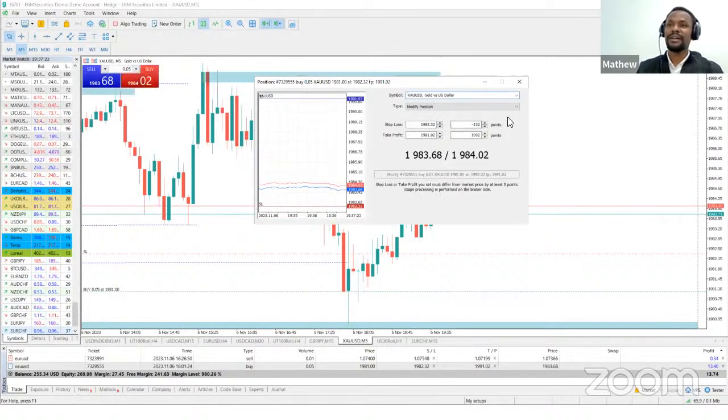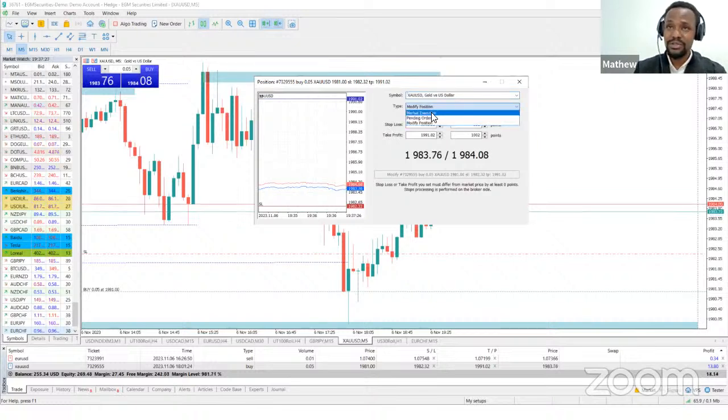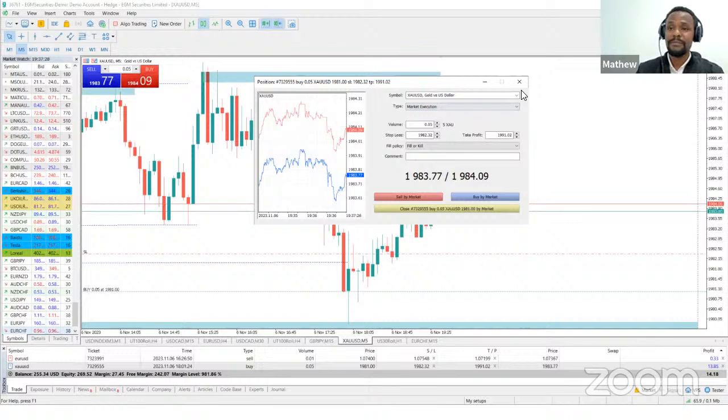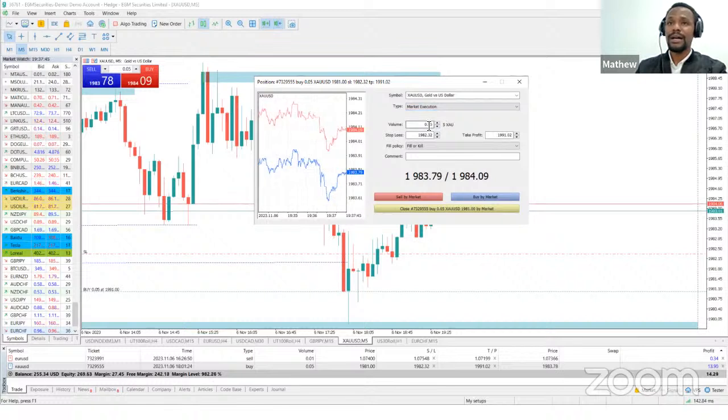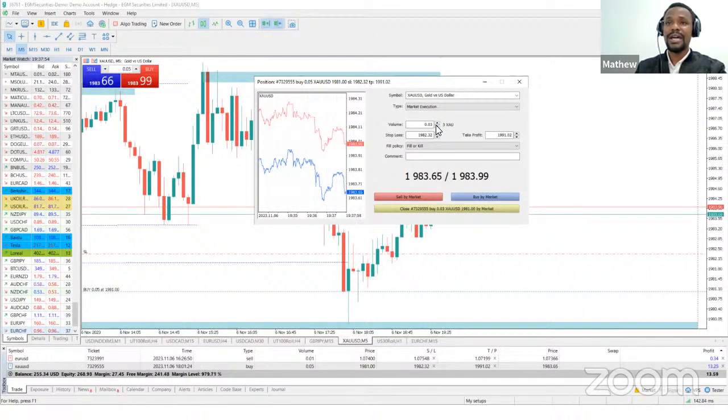Once you select modify, you go to the position, and then it's a market execution. The steps: go to the position, select it, go to modify. On the type of modification you want to do, just select market execution. With the market execution, go to the volume. And what you want to do, we have 0.05, reduce it to 0.03, for example, and then